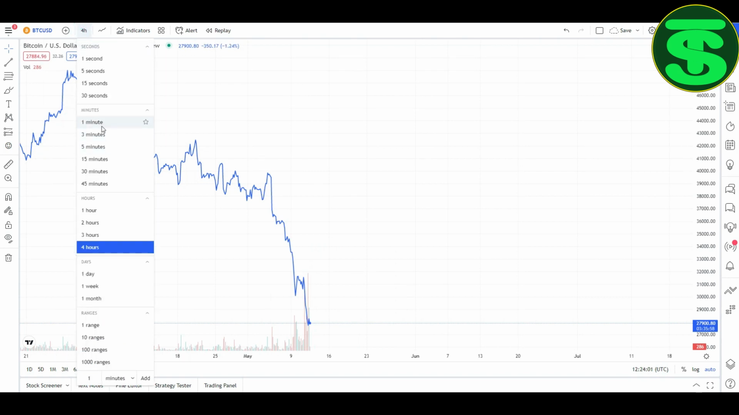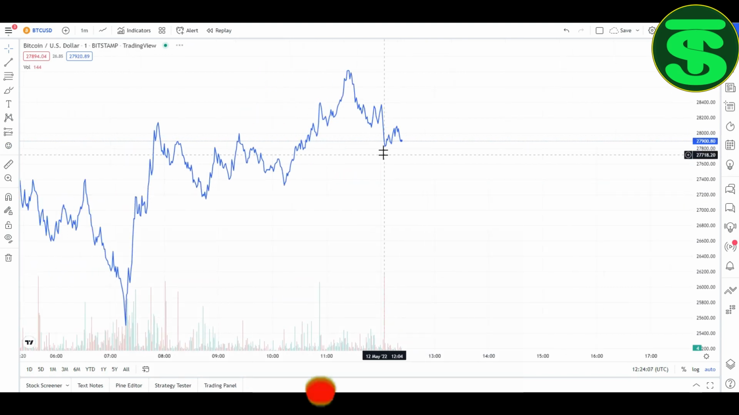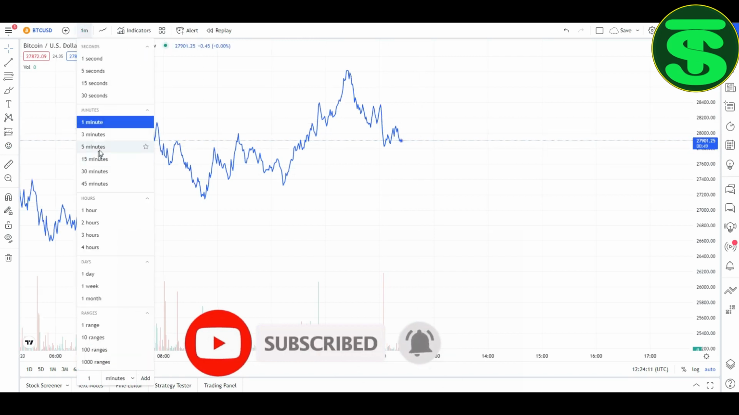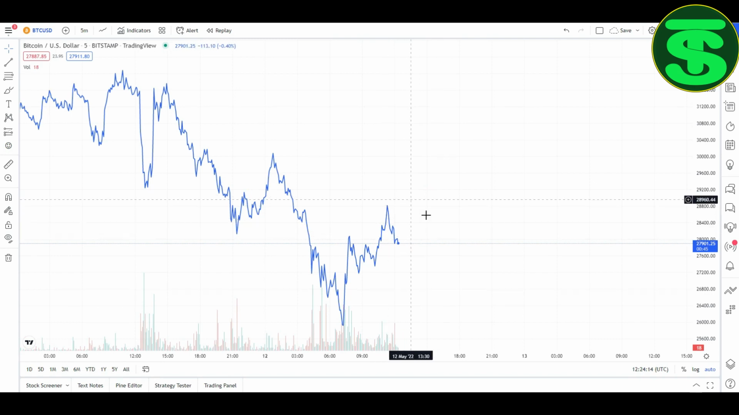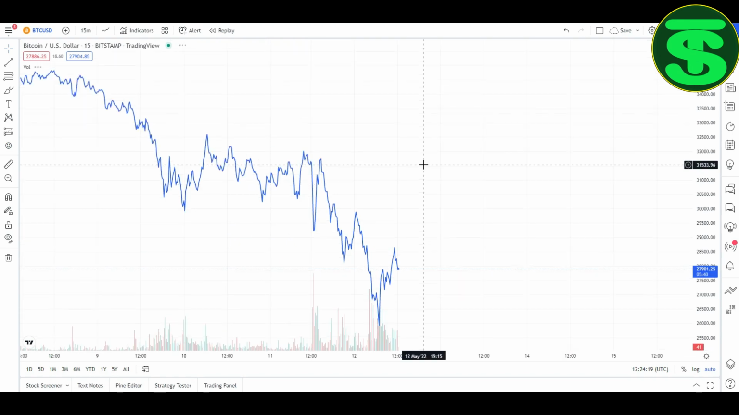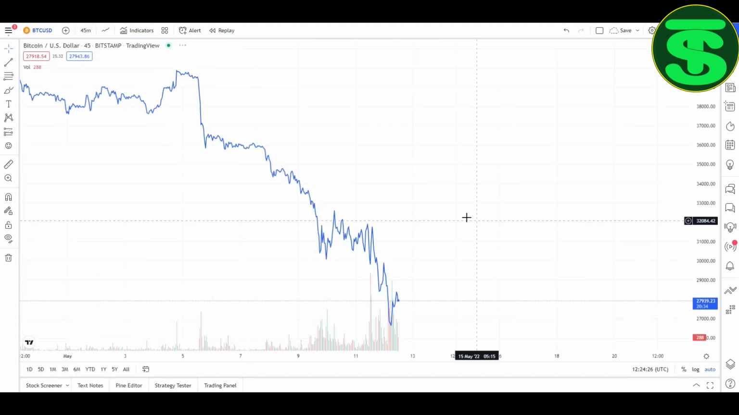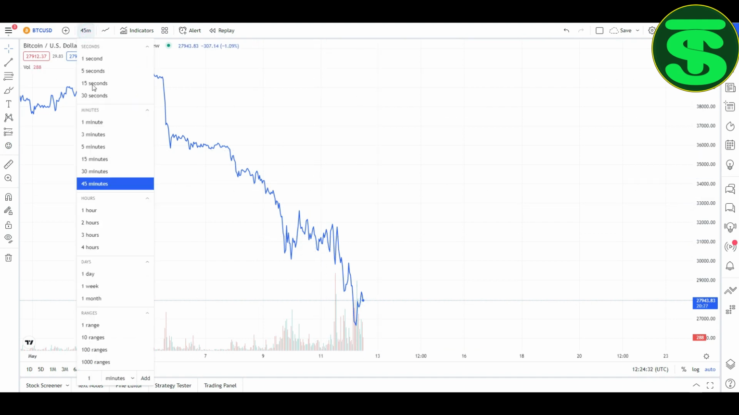For this I go to the 1 minute chart. In the 1 minute chart, you can see this graph going down. If I go to the 5 minute chart, you can see this graph is also going down. If I go to the 50-minute chart, you can see this graph is also going down. If I go to the 45-minute chart, see this graph also going down. So now I can calculate how the market is going